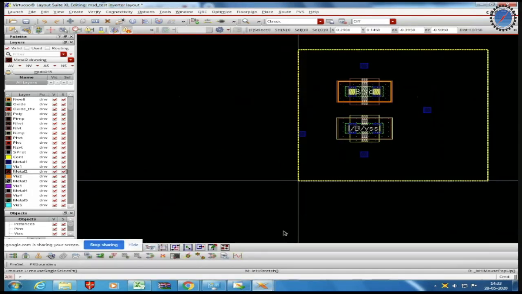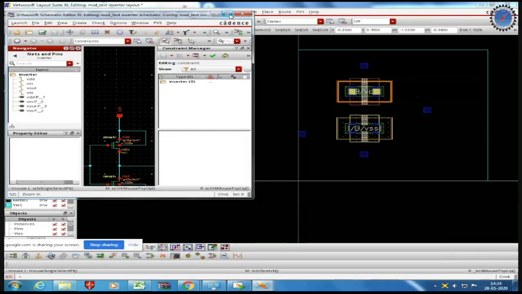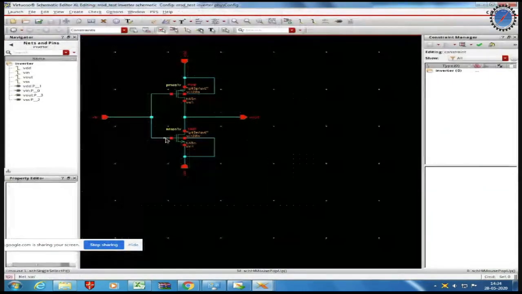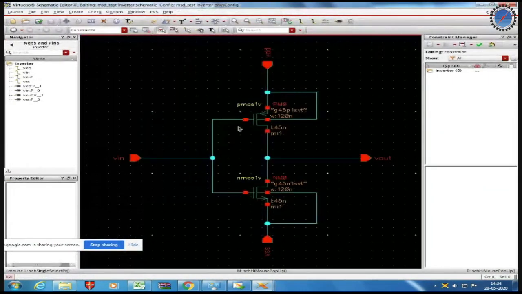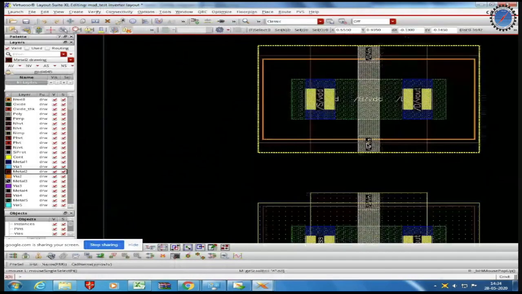Let's do the first connection, which is there in the inverter schematic. That is connecting the gate of PMOS and NMOS together and connecting VIN to the same. Here the gate of NMOS and PMOS are polysilicon layers which are in cream color.